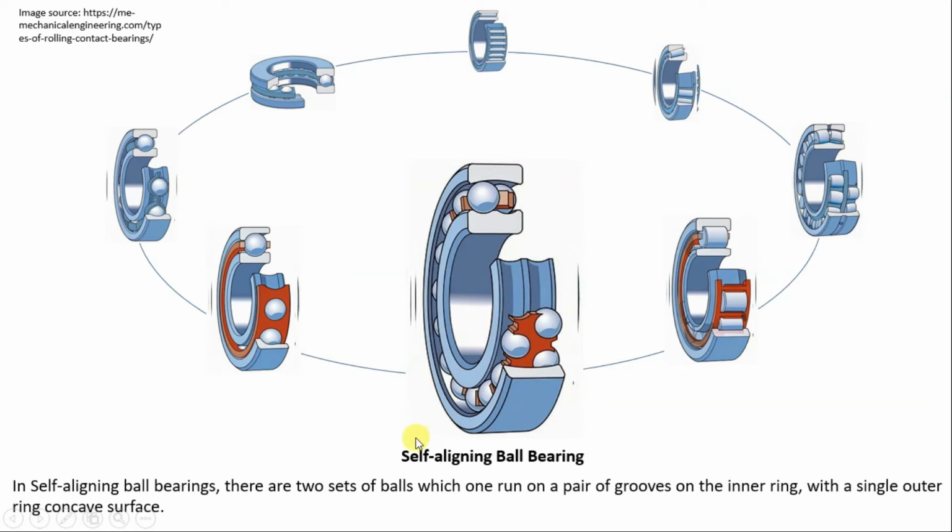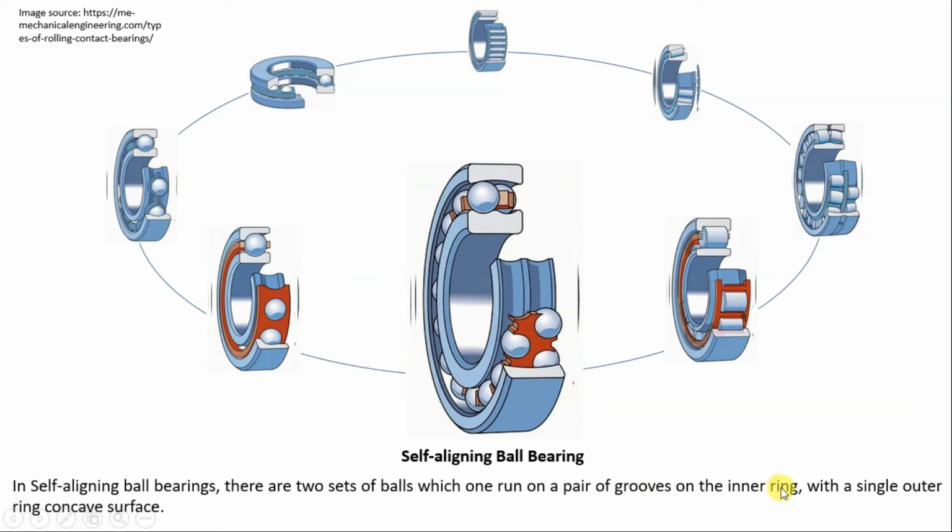Next is the self-aligning ball bearing. This self-aligning ball bearing can accommodate some minor misalignments between the hub and the shaft. These are self-aligning. In self-aligning ball bearings, there are two sets of balls, in which one runs on a